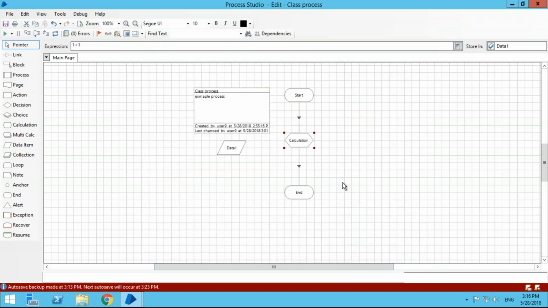So press OK now. Press reset again, guys. Remember to press reset. That's a good practice. Remember to press reset and then play. So let's play it a bit slow. So the data item, keep an eye on that. I'll press play, it does the calculation, and stores the calculation on the data item. Okay. So that's what a calculation and a data item actually does.